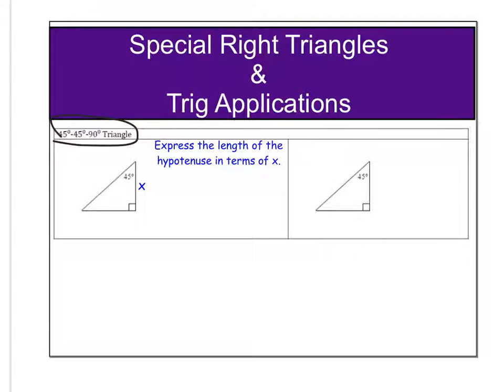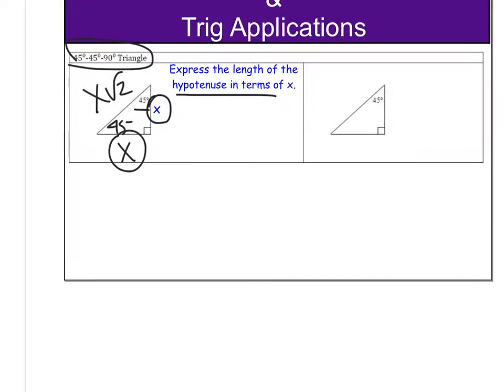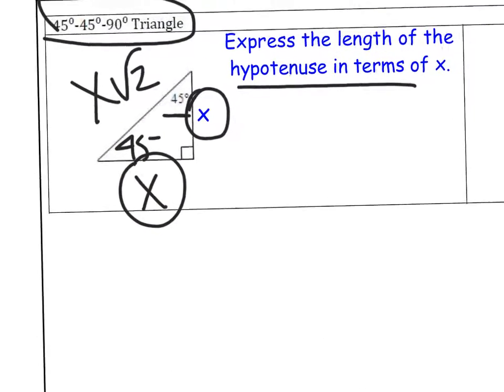We have a 45, 45, 90 triangle. That means it looks like this. 45, 90, that makes that 45 as well. So that means that if this is x, this is also x, and then to figure out my hypotenuse, it's going to be just x square root of 2. And that just absolutely stems from